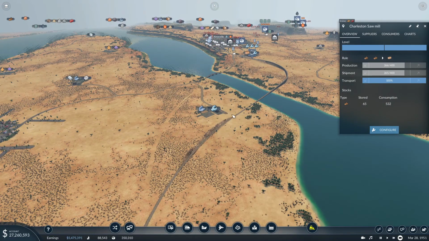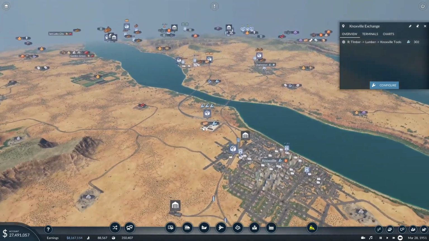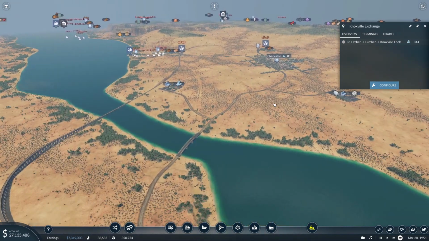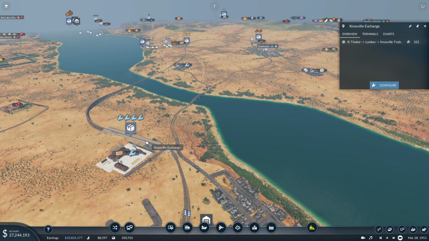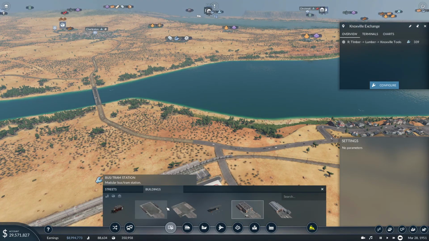There's a spot for steel too. 289 tools and nowhere to take them. Okay, so now I'm wondering, can we get tools up the road to Charleston? And I think for that, for now, let's get